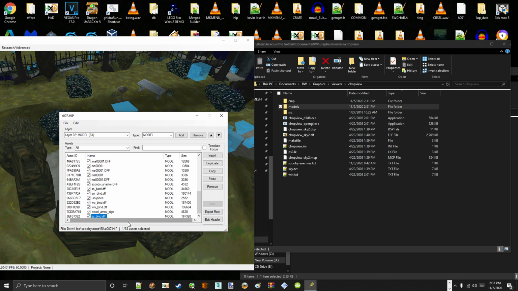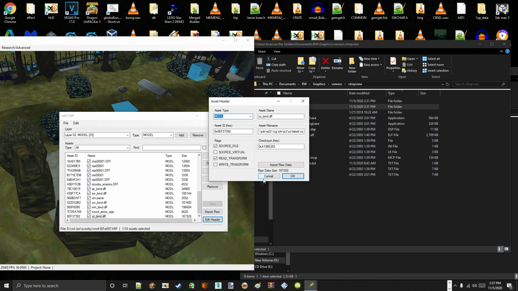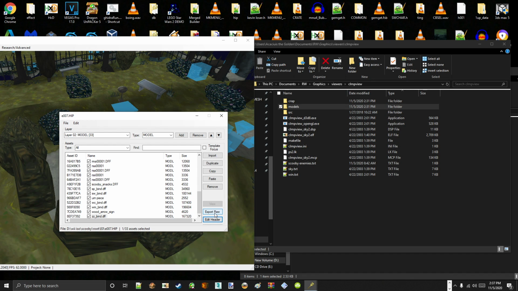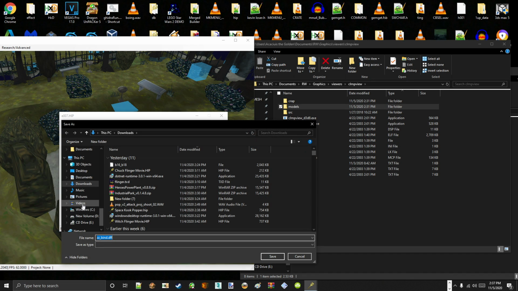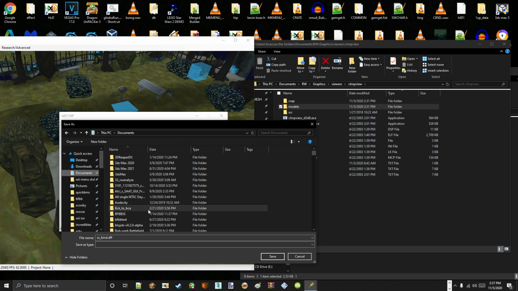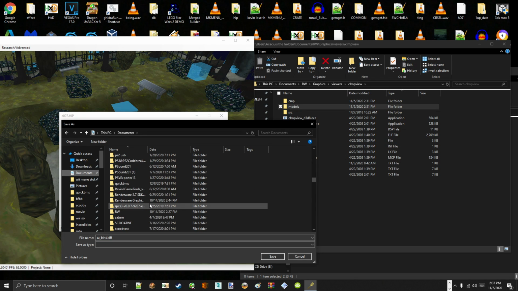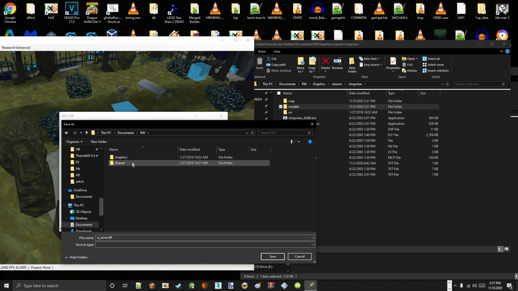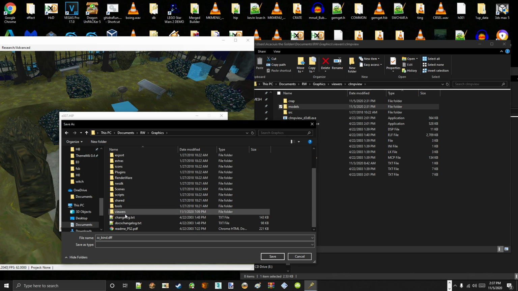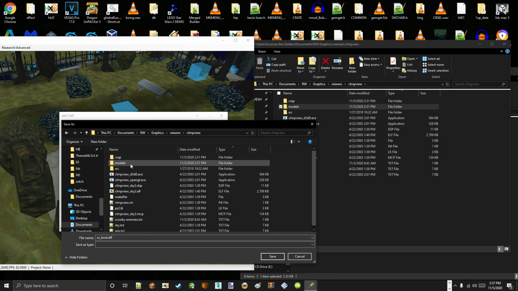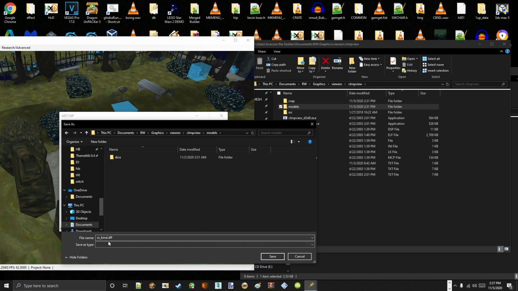Okay, so what we need to do first is go to Export Raw, and find your Clump view folder. Mine's in Documents, RW Graphics, Viewers, Clump view, and we're going to put it in the models folder, and we're going to name